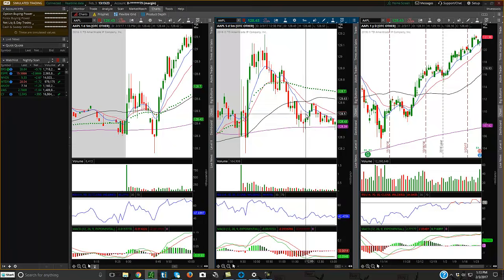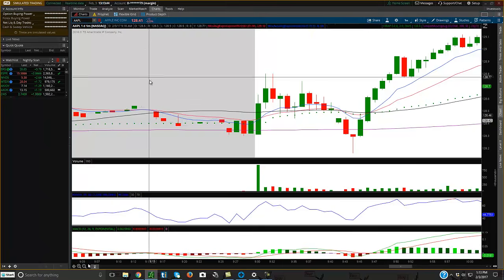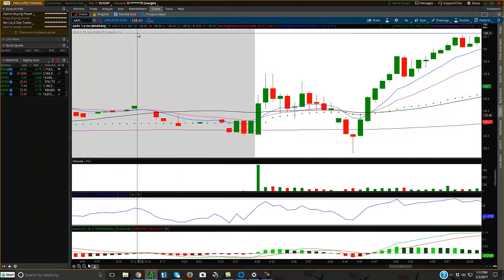So now I could be on my charts. I can go up to here, click on price. So now I have 3 windows open. If this is confusing to you, let me just do 1 window. So now let's say I'm just looking at 1 chart of Apple. I like to, again, find my support and resistance and find entries. But if you're not familiar and you just want to practice with 1 chart, just come up here